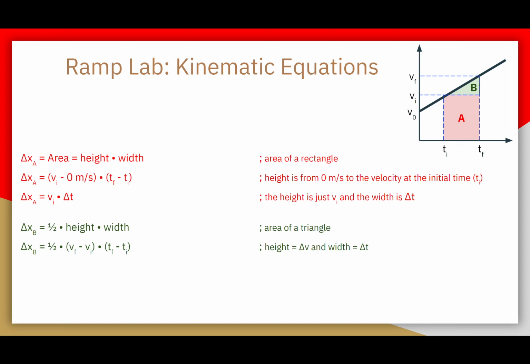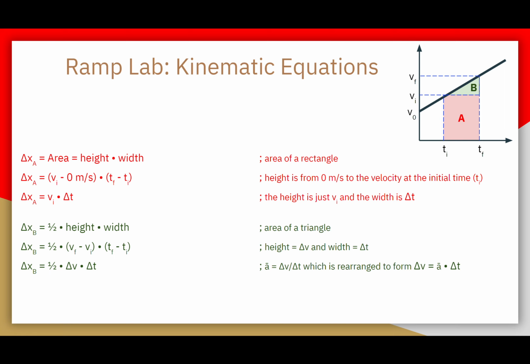Now, the reason why my height is different here is because I'm not measuring the height from the time axis, just from the region that has not already been determined for its area. Now, final anything minus initial anything would be change. That's why I have, from my calculation of displacement of region B, 1/2 times the change of velocity times the